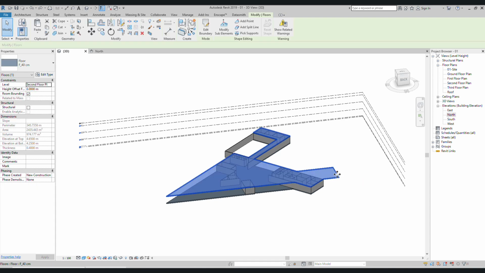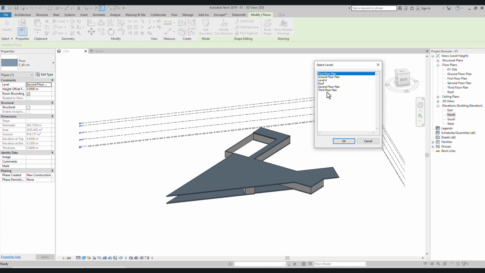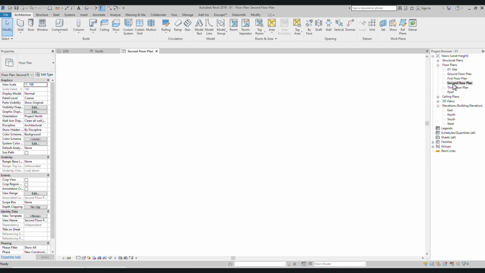And now I want to create other floors. I select this one, I copy it to clipboard, paste, align to selected levels. I need to have this floor on third floor plan and also roof. Okay. And let's go to each view and edit the boundaries of the floors. Here in the second floor plan,